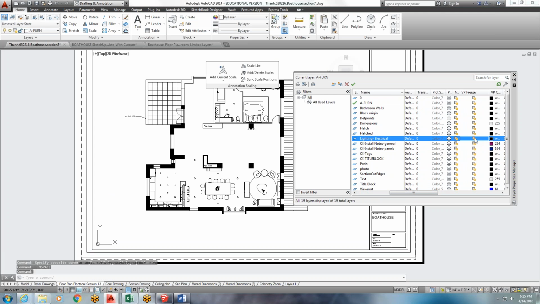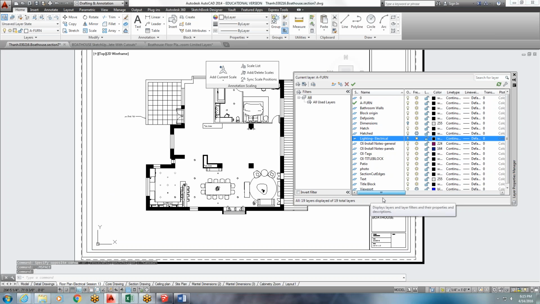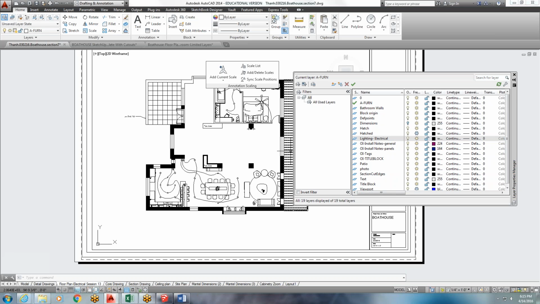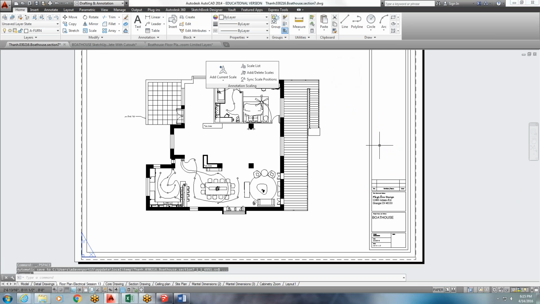Now it's unfrozen, and I've turned this on in model space. There are lots of different things used for different reasons, but viewport freezing is better than having to constantly go back to your model, turn it on there, and come in here. You could just have these views locked to have certain layers off, but they'll be on in your model space all the time. So for your homework, what it's going to look like when you turn it in is